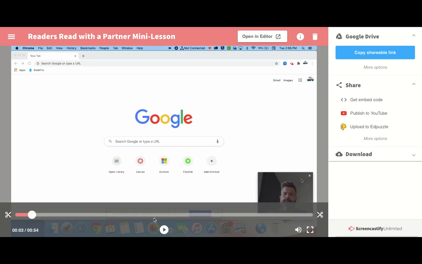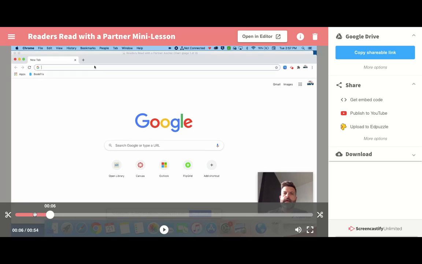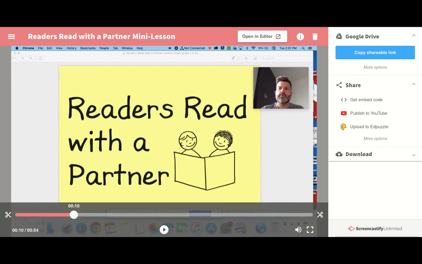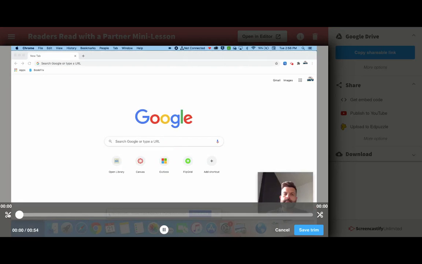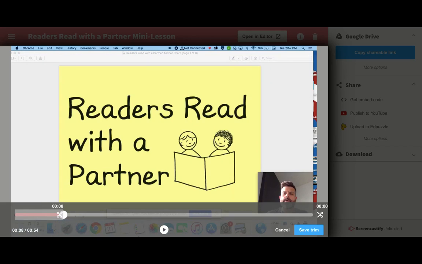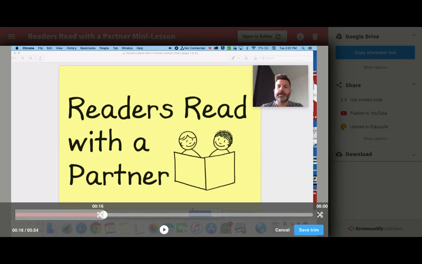So what I'm going to do is go ahead and pause it down here at the bottom. I'm going to find where I want that to start. So here I've gotten myself positioned up in the corner. I think that's about right. What I want to do is click on this pair of scissors over here at the left. Right here. That's going to darken everything else out, and it actually allows me to pull those scissors to about where I want to be. So once I see myself go up in the corner,